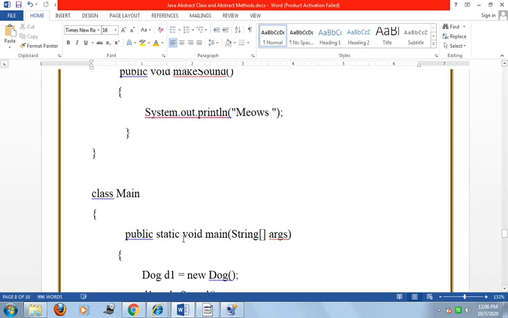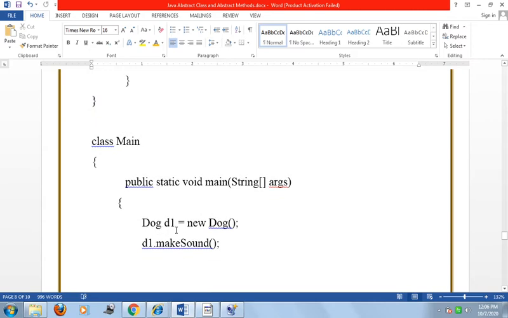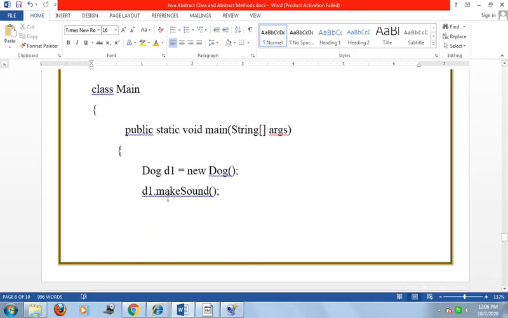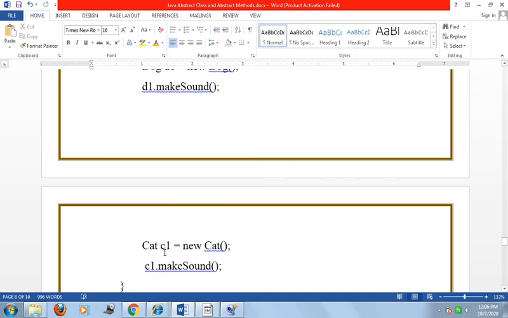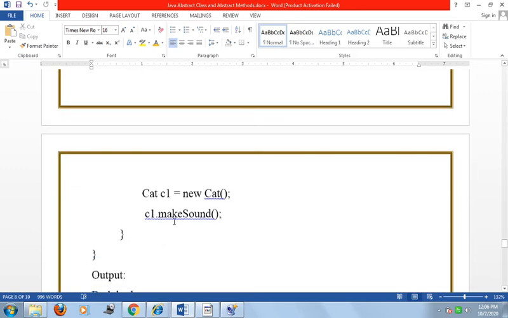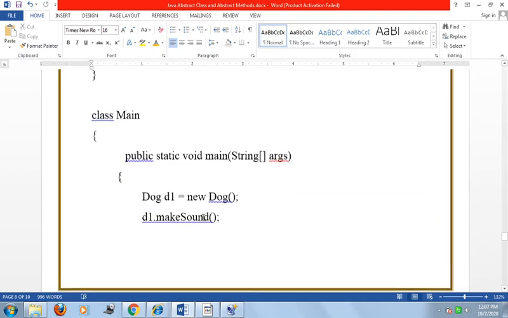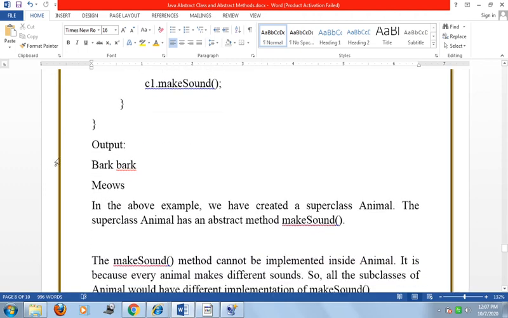Now in the main method I create an object of Dog, d1, and call the method d1.makeSound. Again I create the object c1 of class Cat and call its makeSound method. When we run this program, it will show the output.